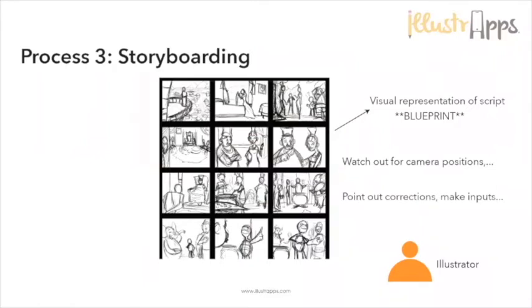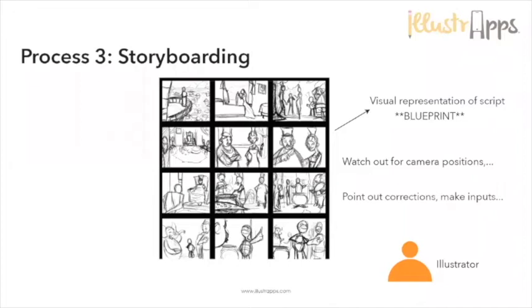Things to look out for at the storyboard phase: you want to look out for the camera positions. If you look at the storyboard I have on screen, look at the sixth one, for example. You can see that the characters, just 2 of them, are actually closer to you in a sense. That's what I call camera positions. You want to look out for those kinds of things, because what you have here, like I mentioned, is what the illustrator will carry on with going forward. So you look out for that.